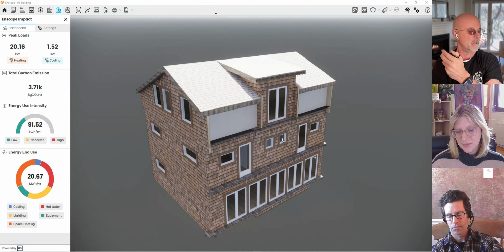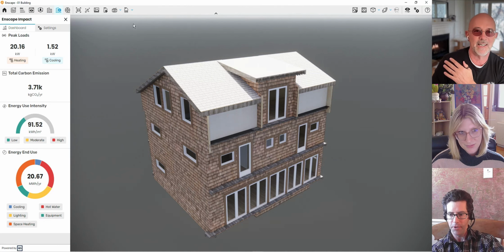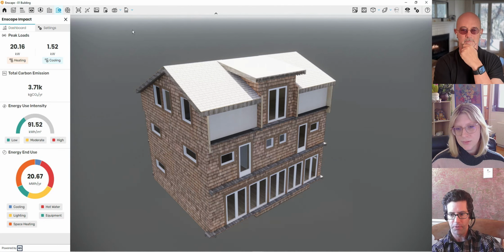So, Rod, if somebody wants to get started with a trial, what do they do? Well, the nice thing is it's directly integrated into Enscape. Whether or not you've purchased or downloaded Impact, if you have Enscape, you're going to see that little building with a lightning bolt graphic that you clicked on up here at the top. Give it a click, and you can start the trial. It's embedded right in. The trial is 14 days, and I think that gives someone a lot of time to run it on multiple building types and look at the visual outputs.